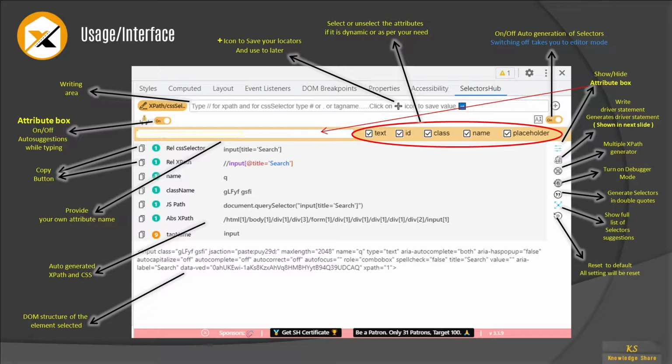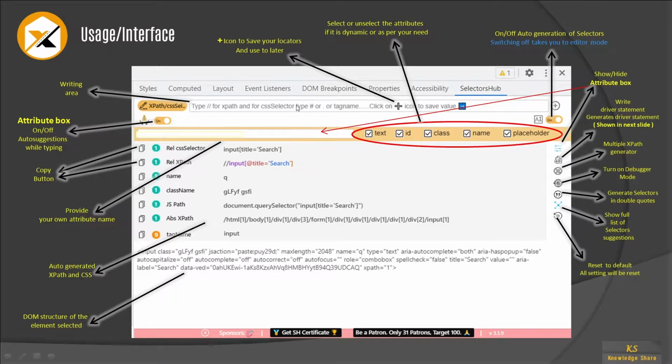You might have seen that many tools have many icons, and each and every icon has a different functionality. Coming to Selectors Hub as well, there are many features included in the form of icons which you can leverage. One of the best features of Selectors Hub, I can say, is that you can customize the tool.